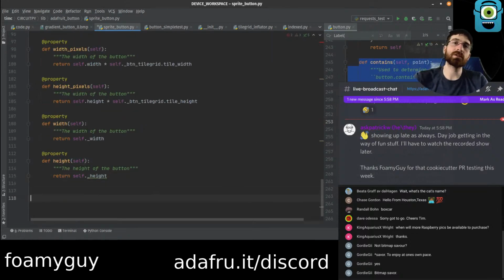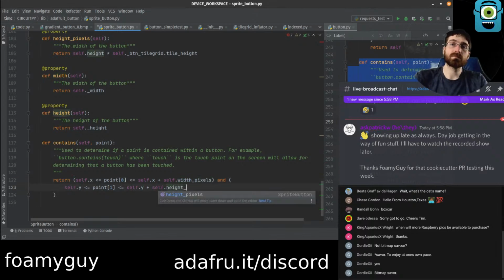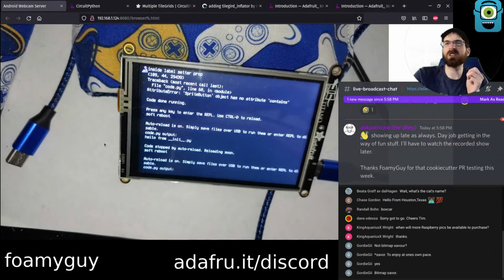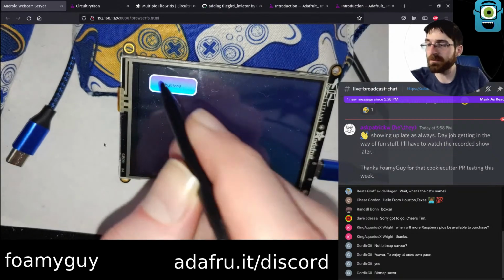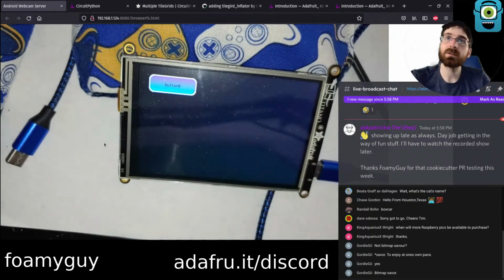This is the function that actually checks if a touch point is inside the button or not. This probably still crashes because I guess the next thing it does is probably try to call set selected to true. Oh no, it actually didn't. I'm surprised.